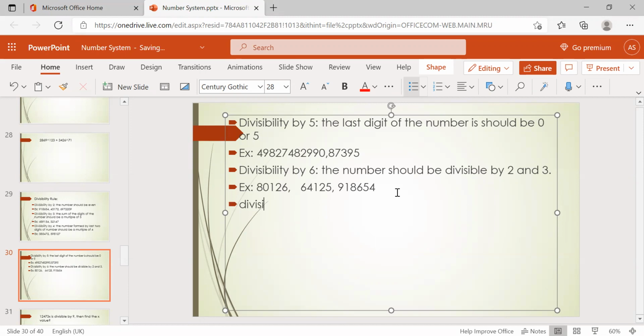And come to the other one. Divisibility by 8. So what is the divisibility rule of 8?